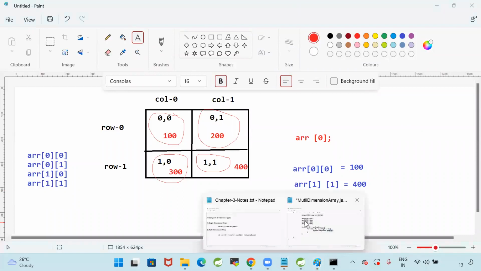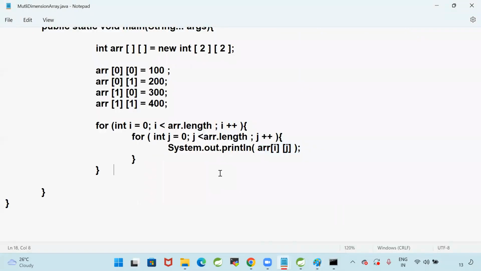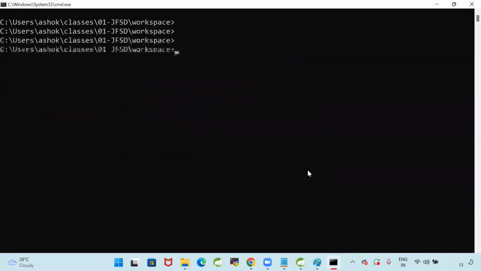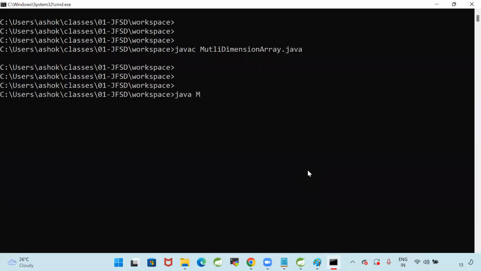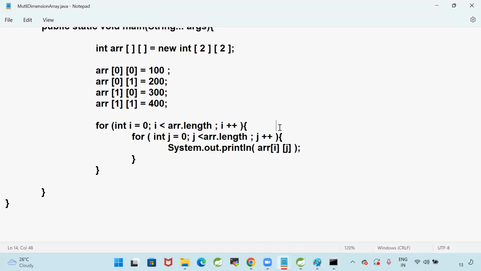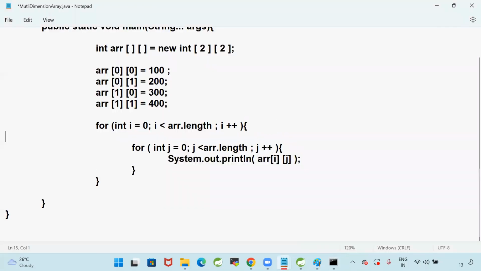So you cannot retrieve all the elements of a multi-dimensional array with one loop. Definitely you need to go for a nested loop only. Perfect. Save this program. Javac, that class name, then java space class. Am I able to get all the elements of the multi-dimensional array? Yes, we are able to access all the elements of a multi-dimensional array by using